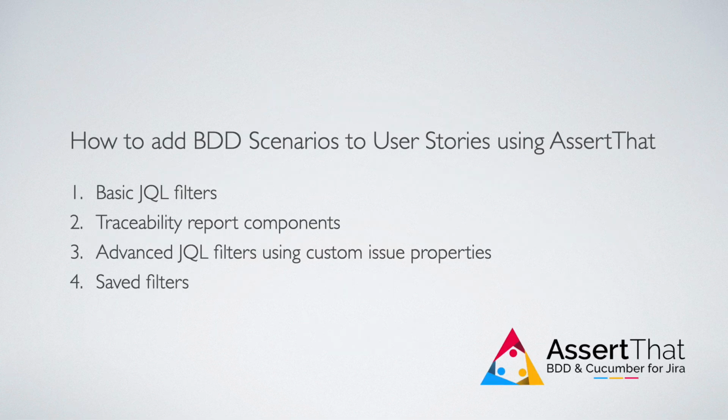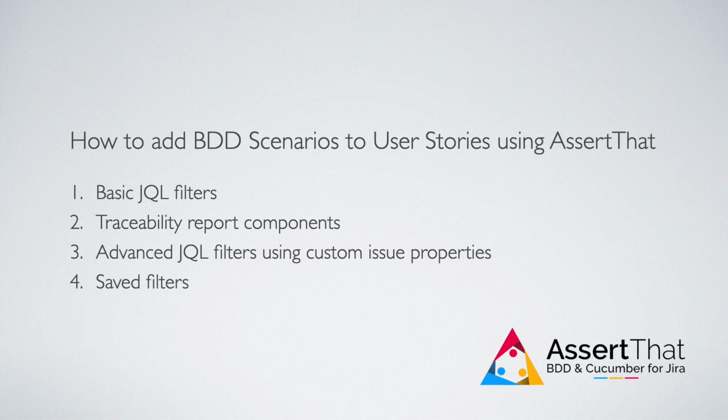In this video, we're going to talk about the traceability report for the AssertThat BDD Cucumber and Test Management plugin for Jira. We'll cover how to use basic JQL filters to return a list of linked issues and the scenarios linked to them. We'll discuss the components of the traceability report, and then we'll move on to advanced JQL filters using custom issue properties and how you can use save filters to return a list of your issues and linked